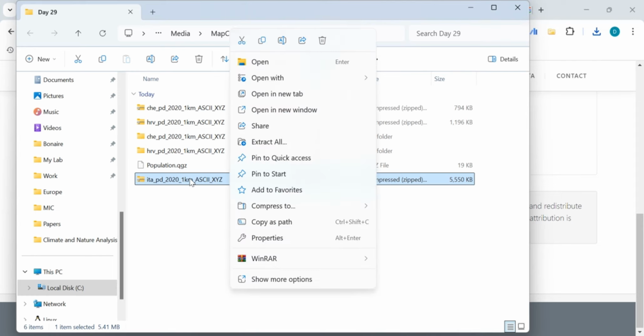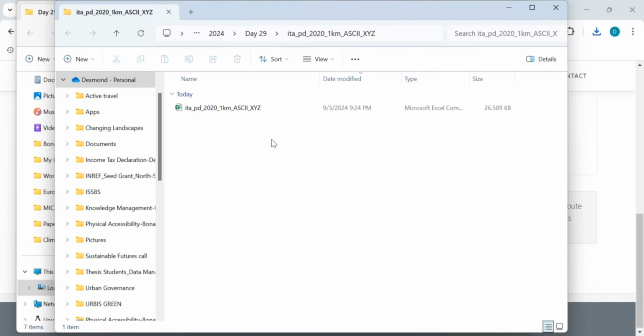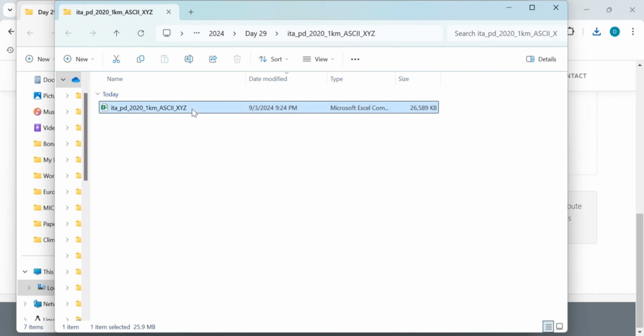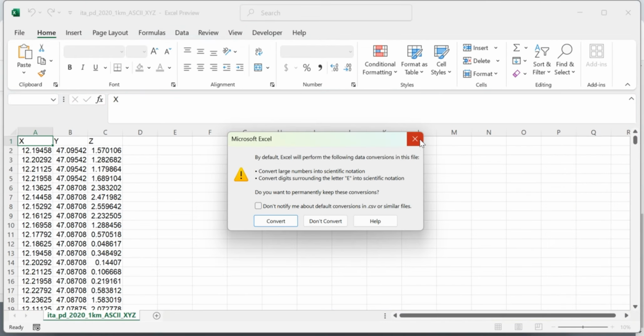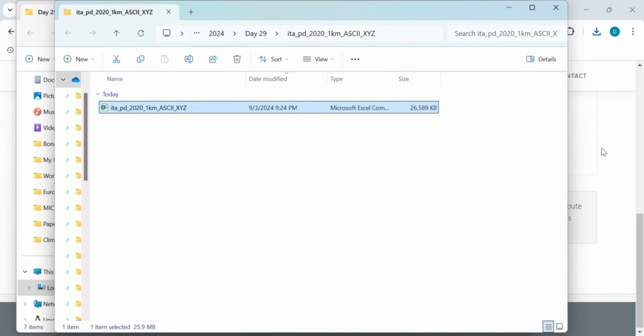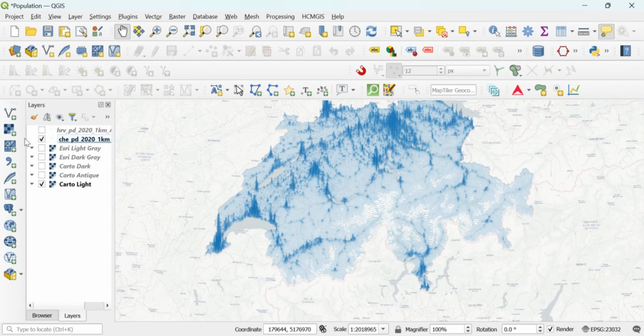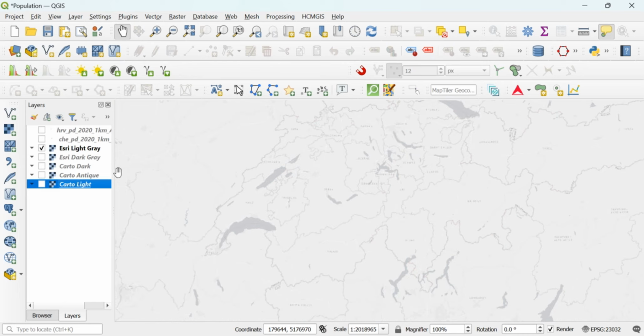If you download, you can extract, and then you are going to get this data. Like I said, you have all your XY values, and then also the Z representing the population density. I'll just turn off all these, and maybe leave this one.